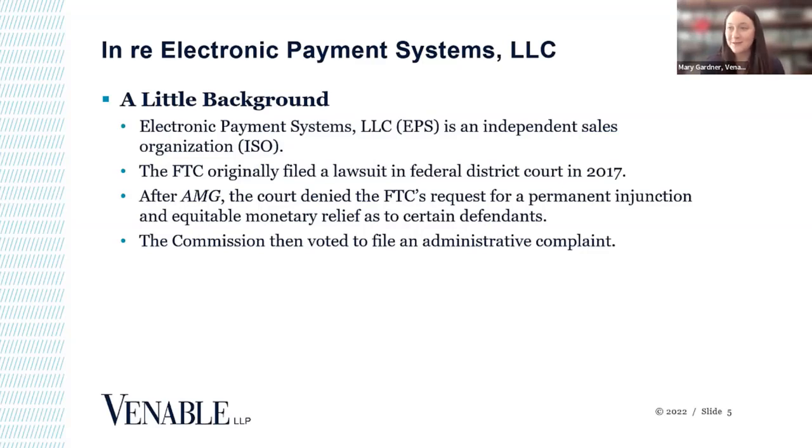Both parties aggressively litigated the case, and then in the aftermath of the AMG decision that Len mentioned, the District of Arizona,